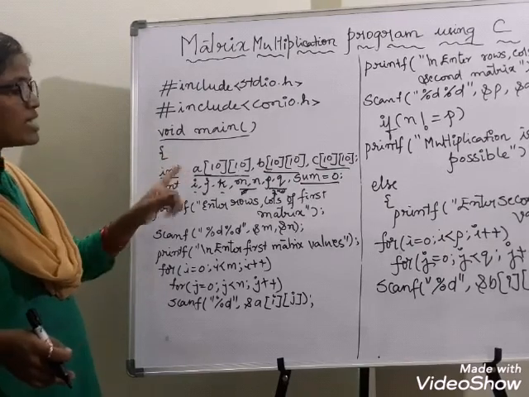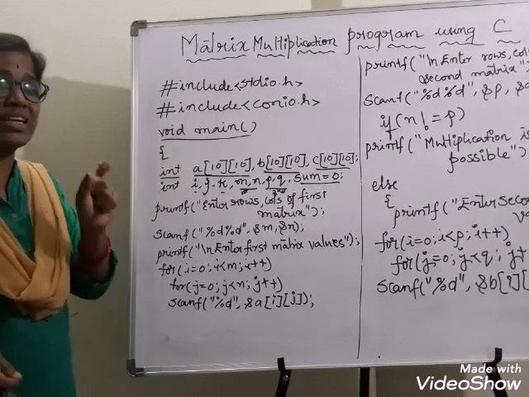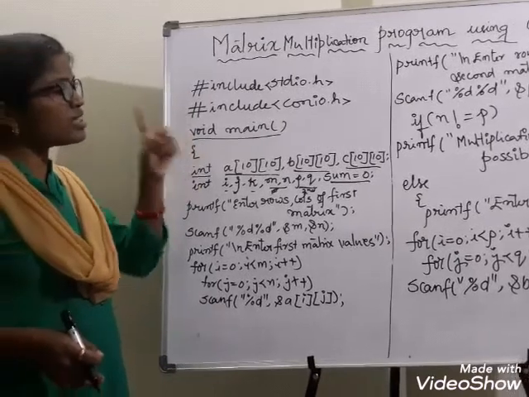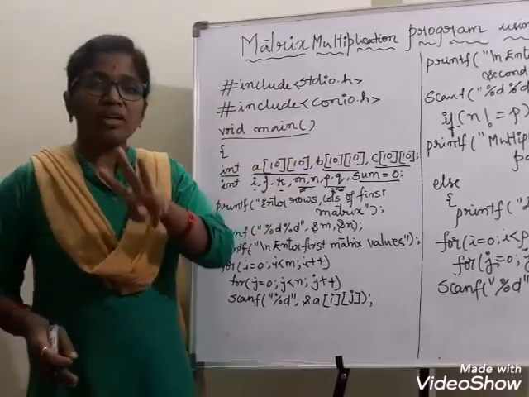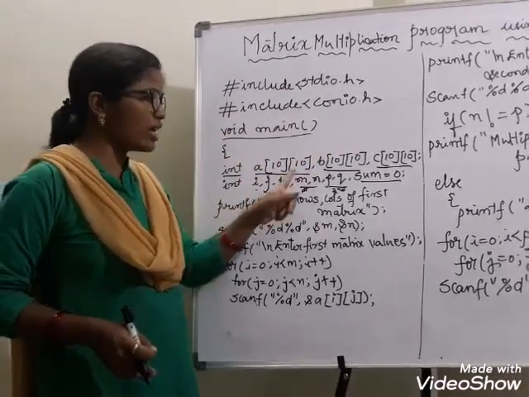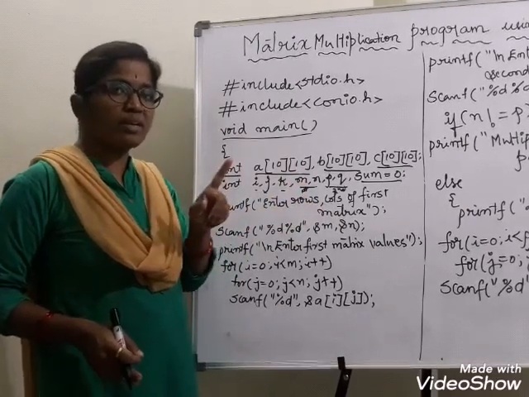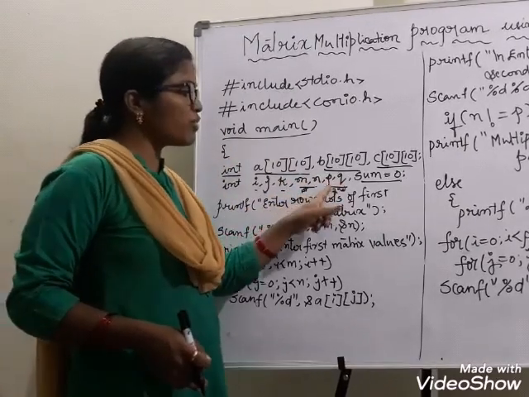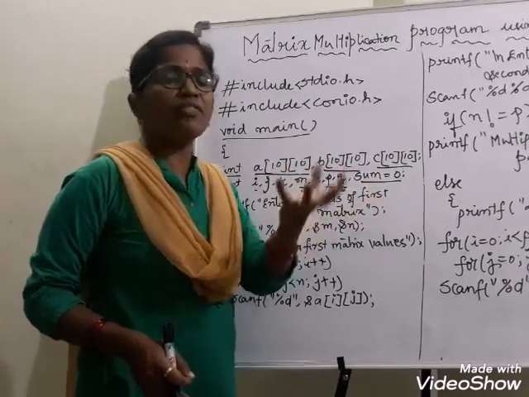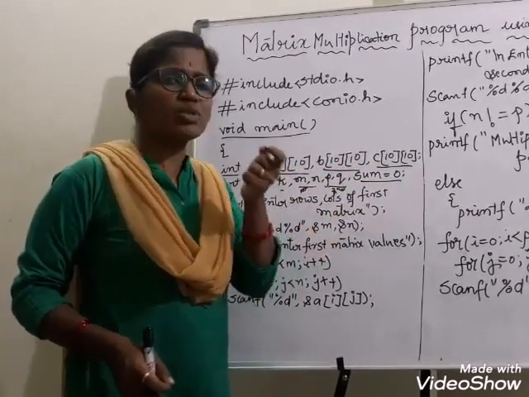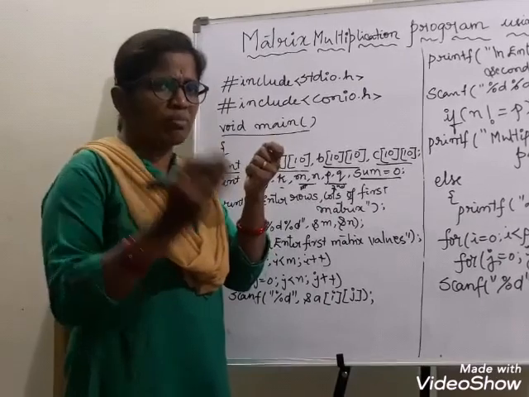These two lines are the declaration to the C compiler. It indicates to the compiler that I have three matrices, as well as i, j, k, m and n for the first matrix rows and columns, p and q for the second matrix rows and columns, and sum for taking the sum. As it starts with 0, I can add any more numbers.